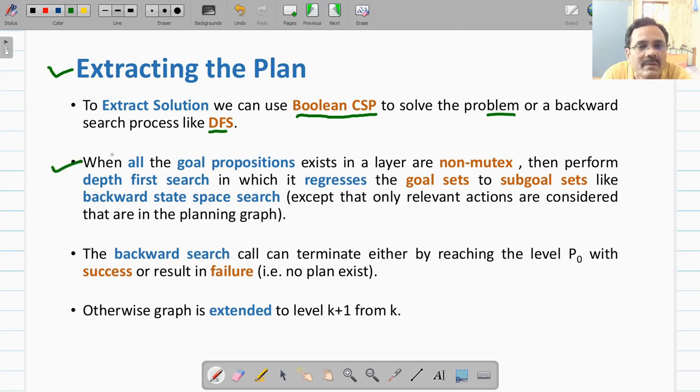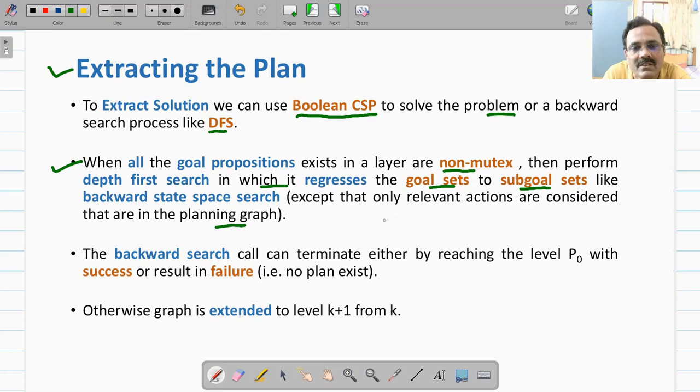When all the goal propositions exist in the layer and are non-mutex, as we have seen, then perform depth first search, which regresses the goal sets to sub-goal sets, like backward state space search. Only keep in mind that only relevant actions that are in the planning graph are considered. So you start with the goal set and then go backward in depth first search manner.